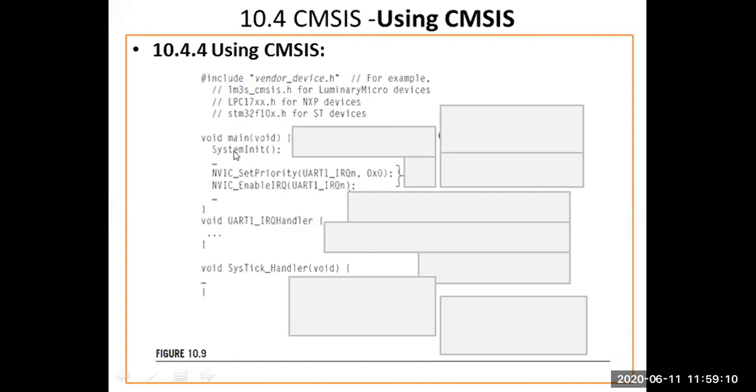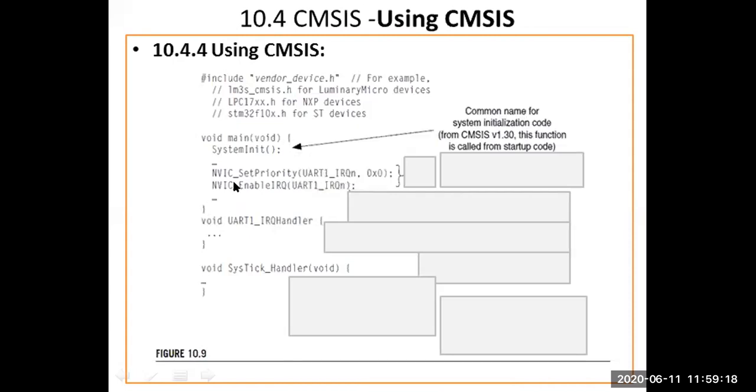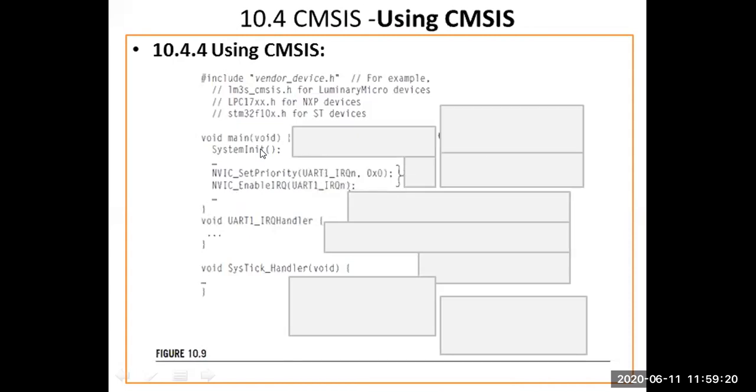And you can see the main function is ending here with this closing brace. This is the starting brace and the closing brace of the main function. And we need to have different functions for this one. We need to define them separately. So we are defining the UART1 interrupt request handler, a separate function, which performs something. And the sysdig underscore handler function performs some purpose. These are the two functions.